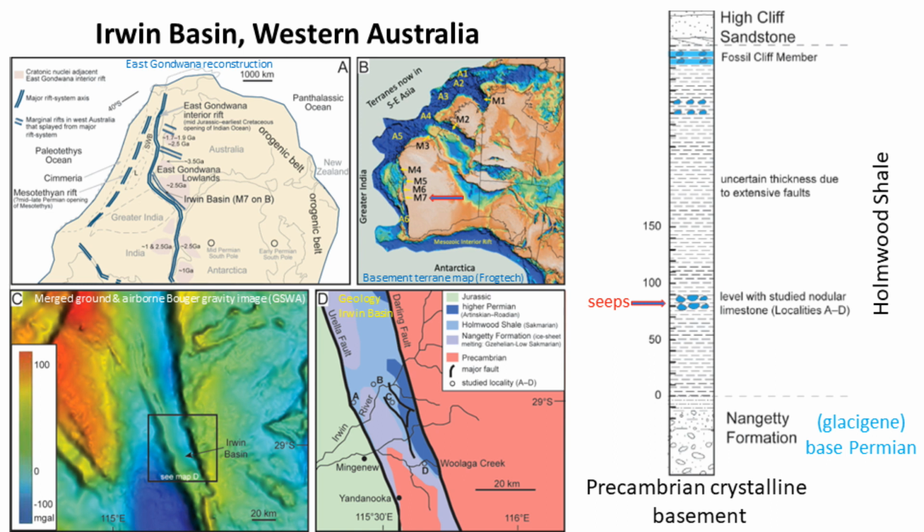And it was a rift system that went through fairly stable continental crust. This is what we call, in terms of topography, the East Gondwanan lowlands. The Permian orogenic belts were over here in the east, encompassing eastern Australia. And you can see on this basement terrane map, here is this interior, the marginal rift from the Merlinleigh Basin